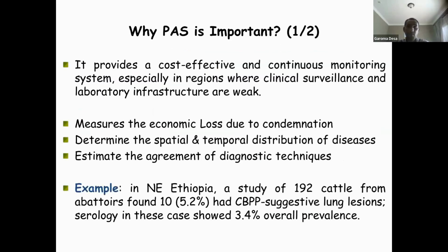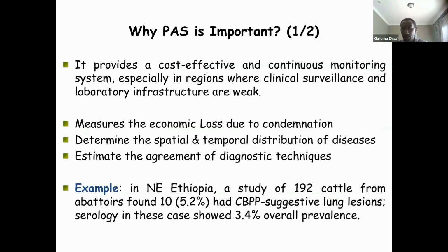Why is participatory abattoir surveillance important? It provides a cost-effective and continuous monitoring system, especially in regions where clinical surveillance and laboratory infrastructure are weak. It measures the economic loss due to condemnation, determines the spatial and temporal distribution of diseases, and estimates the agreement of diagnostic techniques. For example,